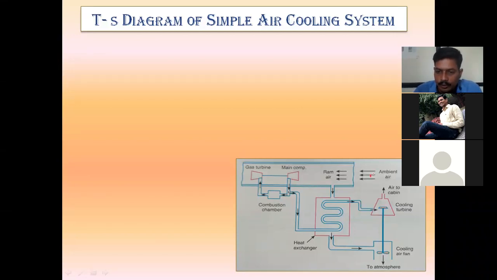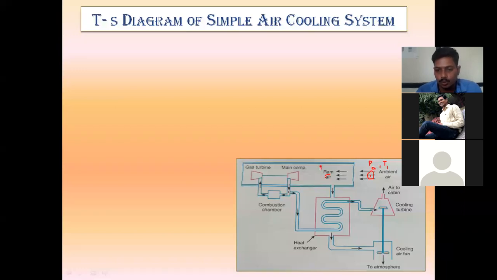So here I'm going to give this as the point number 1. Point number 1 will indicate the ambient air. That ambient air will have the pressure as the ambient pressure, and whatever temperature will be there of that ambient air, suppose that temperature is nothing but T1. Now whenever that ambient air comes inside the aeroplane, it comes because of the ramming air or the ramming effect.